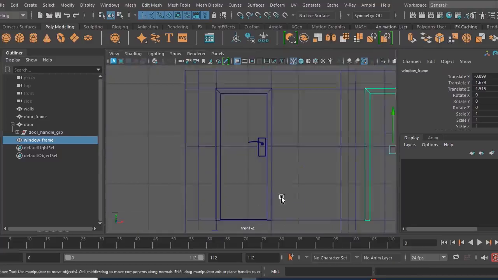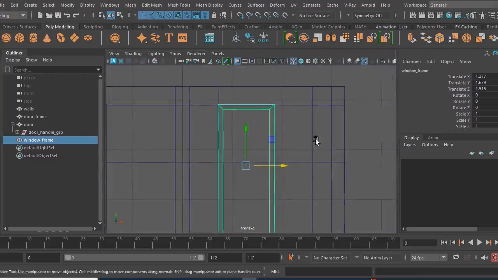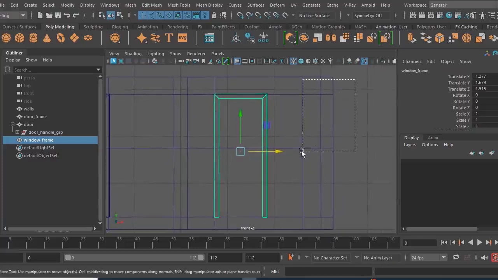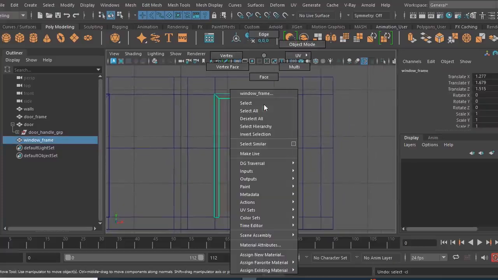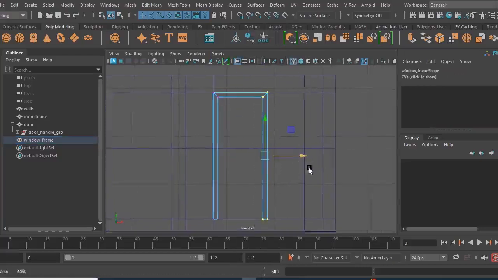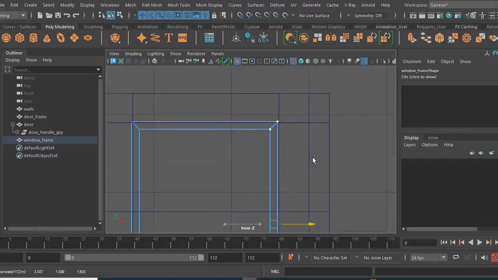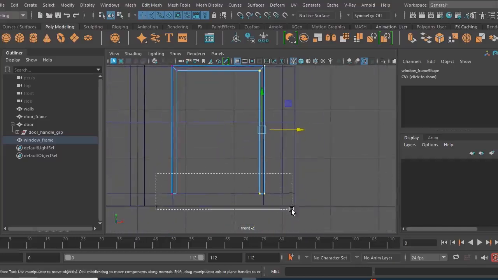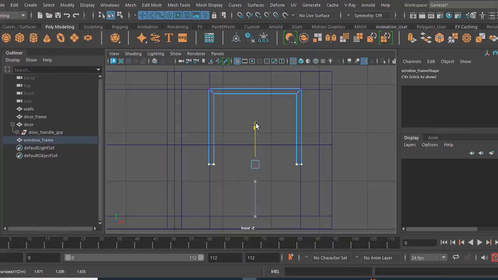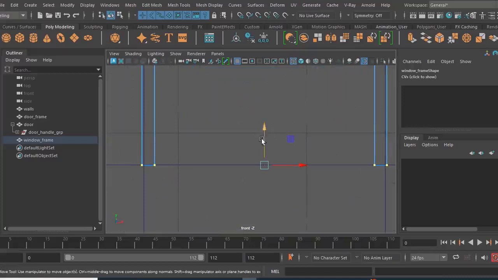Go to the front view. Make sure we place it exactly the way we placed it for the door. Let's right click this object, go to vertex mode, and select all vertices at this right end. Let's move it, place it properly, slightly into the wall, and grab it down, move it up to line up with the bottom of